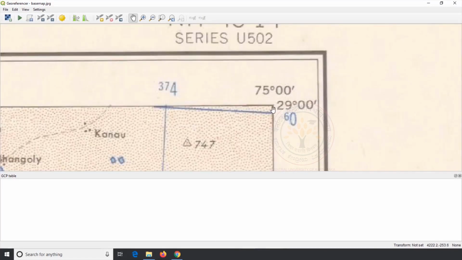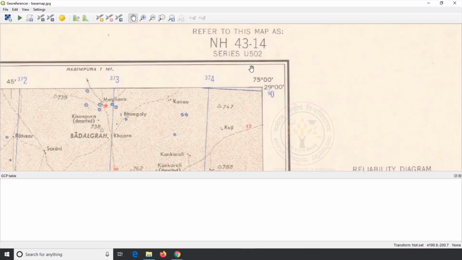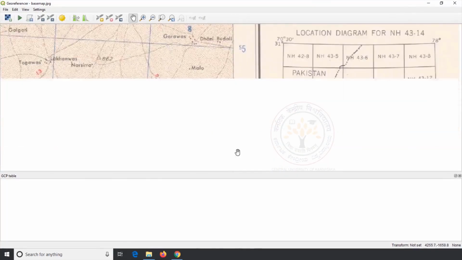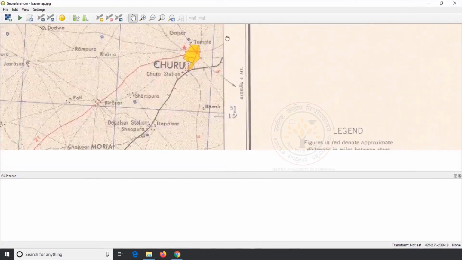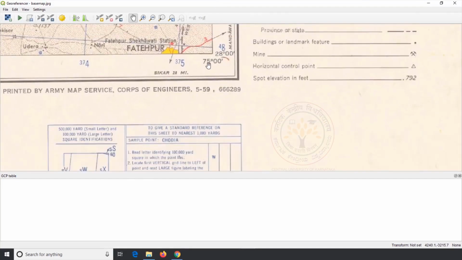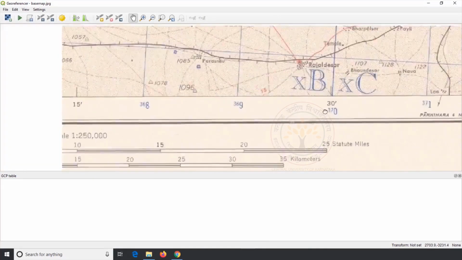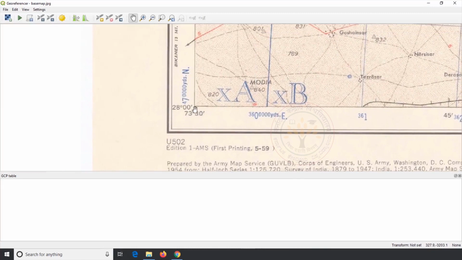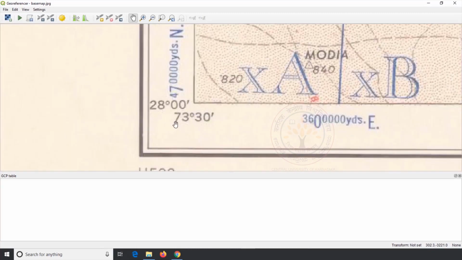The latitude is 29 degree and longitude is 75 degree. Further, move to the right bottom. Here the latitude is 28 degree and longitude is 75 degree. Then move to the left bottom. Here the latitude is 28 degree and longitude is 73 degree 30 minutes.